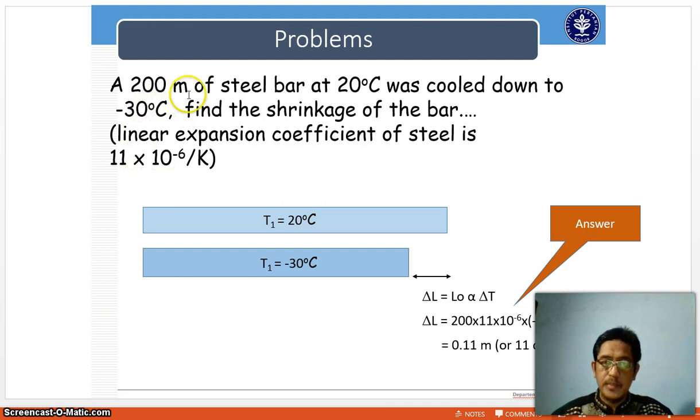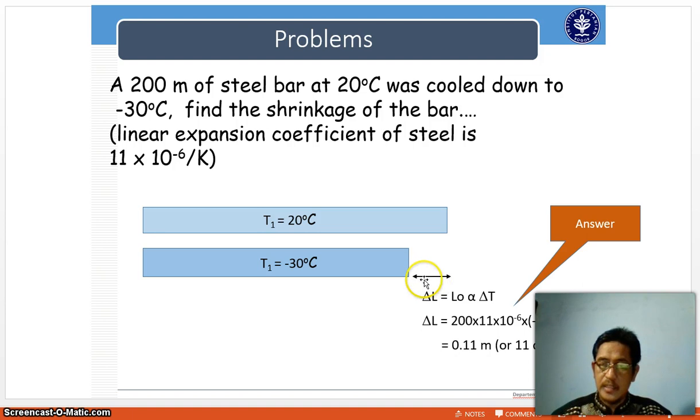Suppose we have a 200 meter steel bar at 20 degrees Celsius, and this steel bar is cooled down to minus 30 degrees Celsius. Find the shrinkage of the bar if the linear expansion coefficient of steel is 11 times 10 to the minus 6 per Kelvin. So this is the initial condition: the steel bar is 200 meters long at 20 degrees Celsius. When the temperature is cooled down to minus 30 degrees Celsius, this steel bar will shrink,